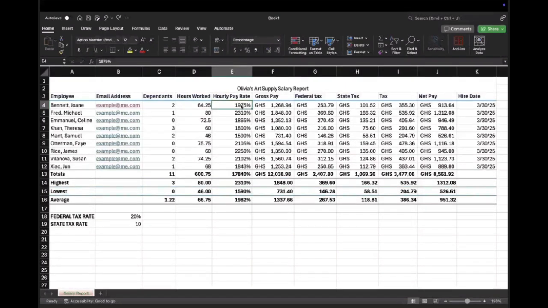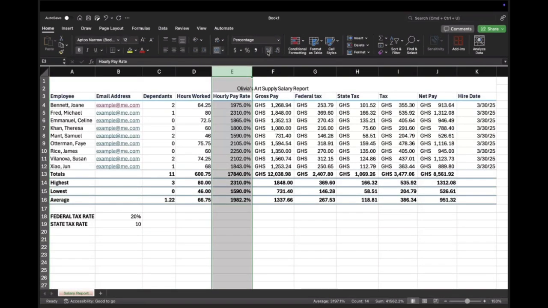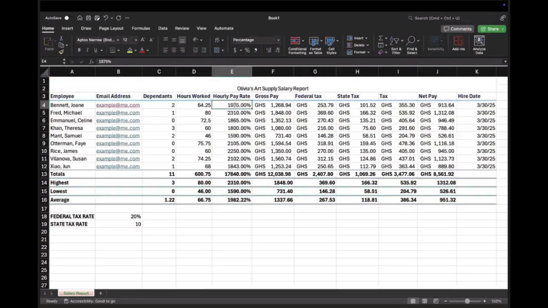Let me undo that. If I make it 19.75%, let me increase the number of decimal places if I can. Yeah. 19.75. This will be 23 points